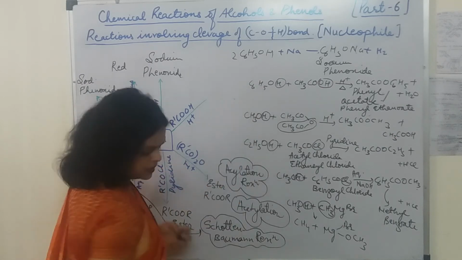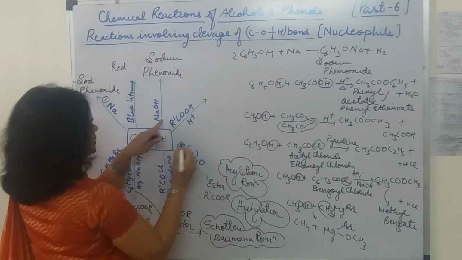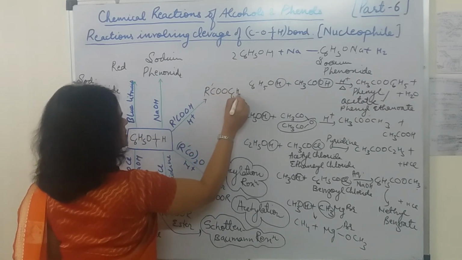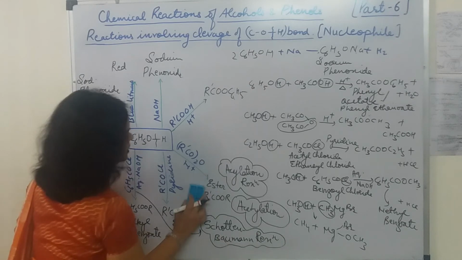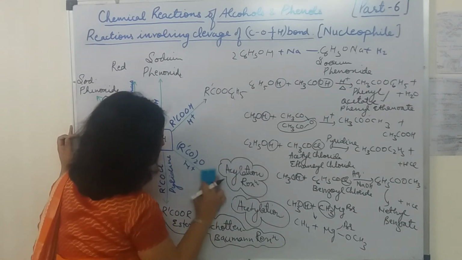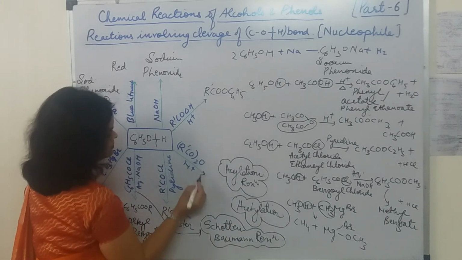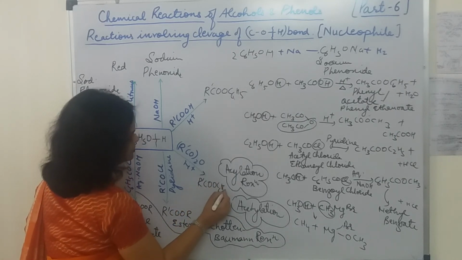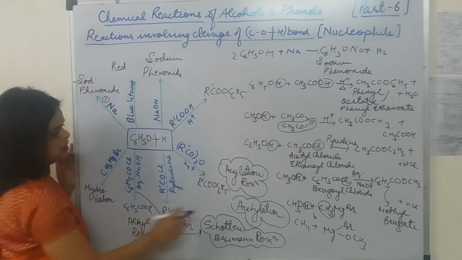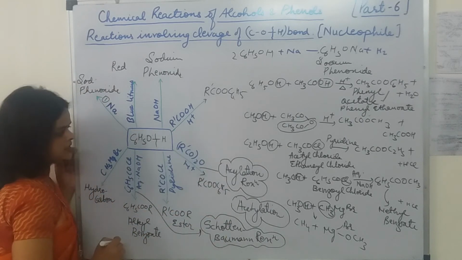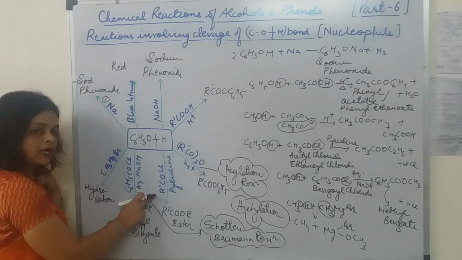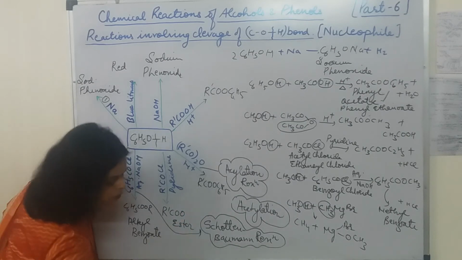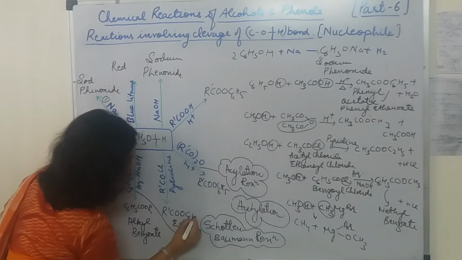So we will write down the product formed here, R' COOC6H5. Now what is the product formed here, students? Same, R' COOC6H5. This is again an acylation reaction. This is also called an acetylation reaction. When it combines with acid halide, again we will get an acyl group introduced here, that is C6H5.